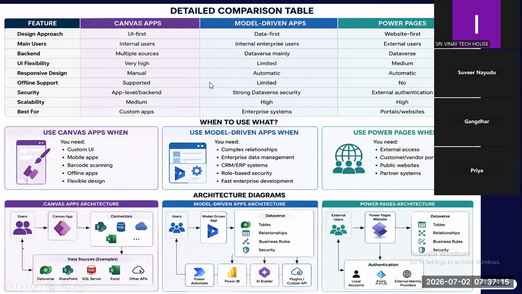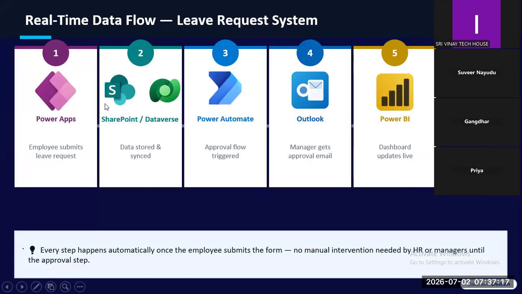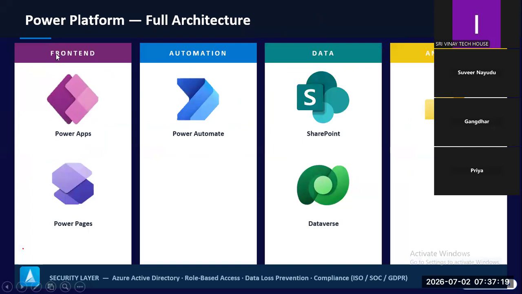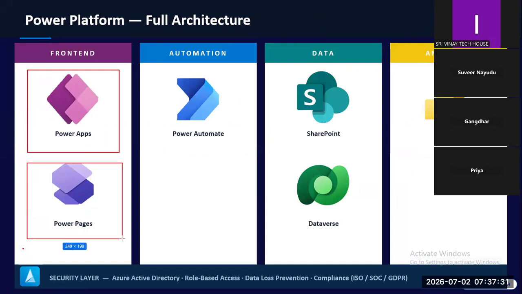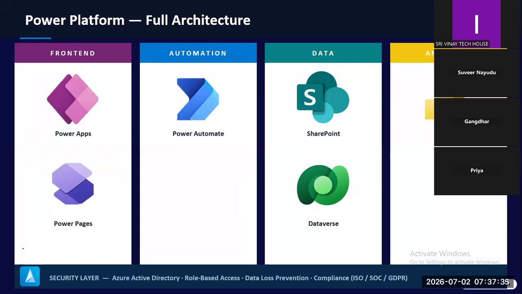So guys, since we were talking about the front end, that is Power Apps and Power Pages, right? Within Power Apps, we have two types of apps. One is Canvas app and the other is model driven app. The third one is Power Pages. Now we are going to discuss these three